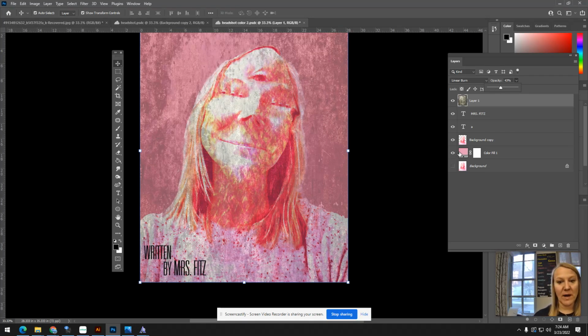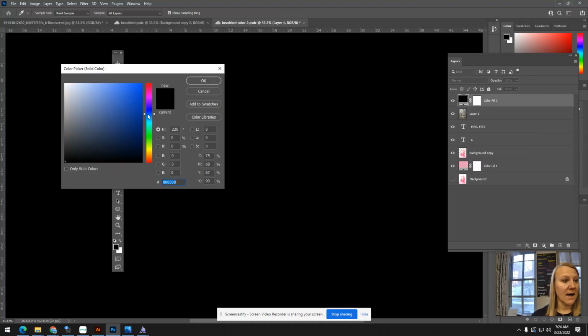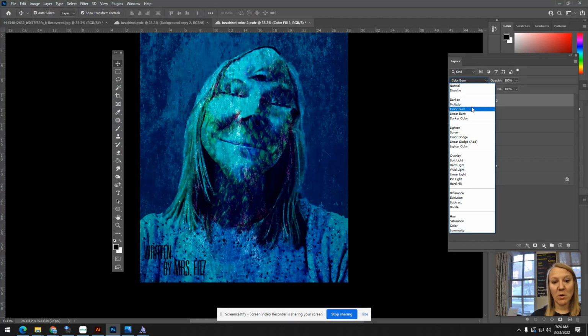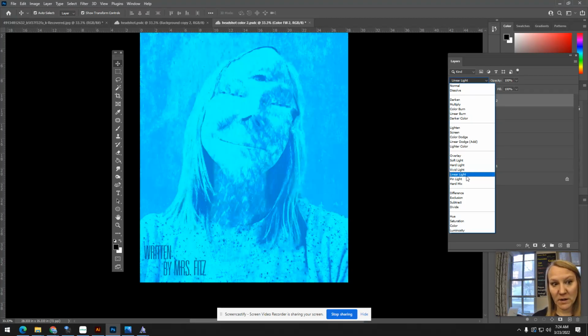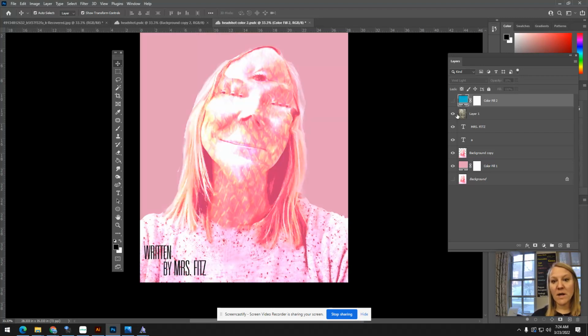And I've got a pinky background on mine. If I didn't like that anymore, you can throw a gradient map on top or you can throw a solid color on top. If I go ahead and pick a blue and then use another blending mode, you can change the whole feel and look of these very, very quickly. And again, using those opacities to kind of just turn it down. I'll turn the pink off, but you can see how that solid color in the background works so nicely. All right, so